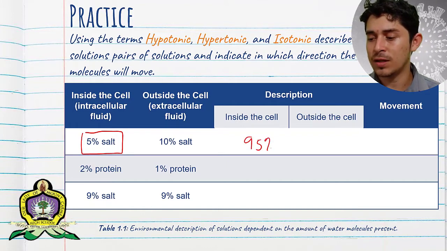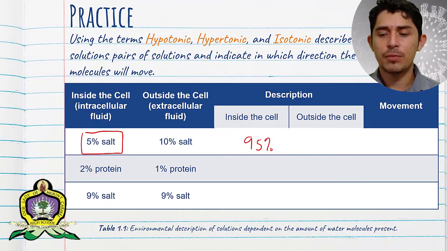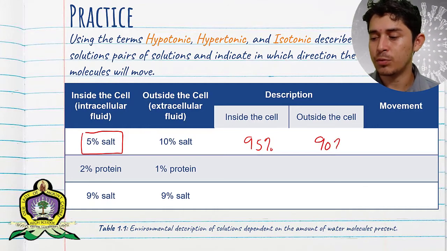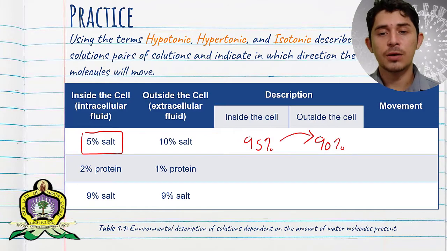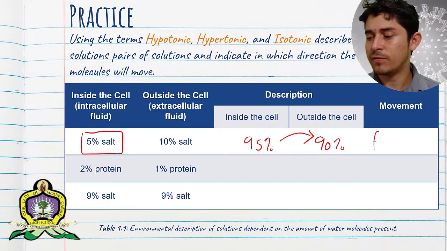We will have 95% water. Now, if we have 10% salt outside of the cell, how much percent water will we have outside of the cell? 90%. Therefore, the movement will be in this direction. So, from inside, the movement will be from